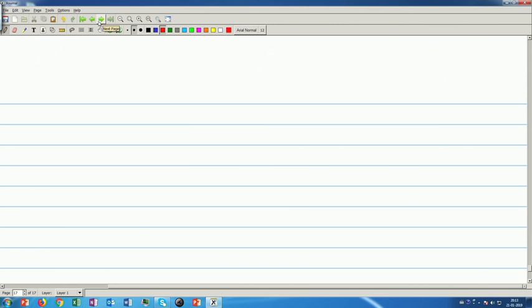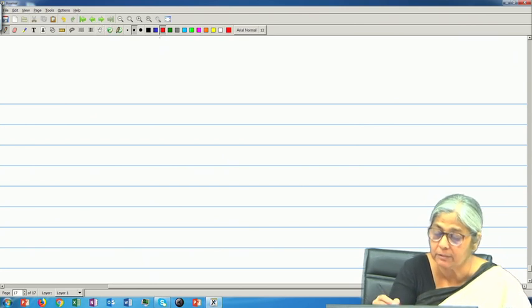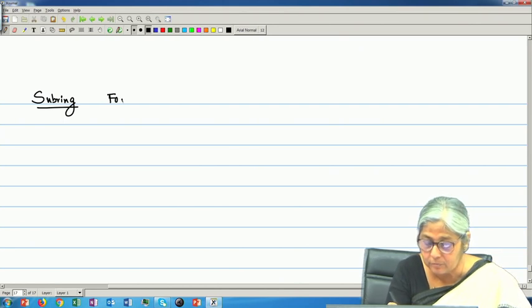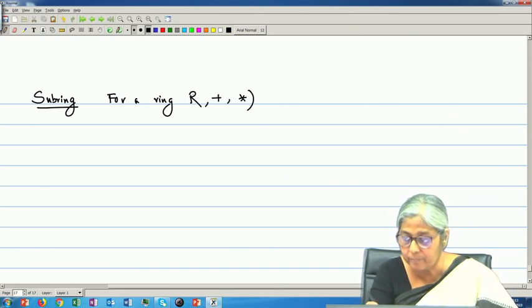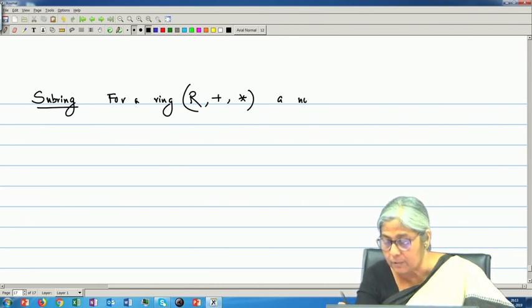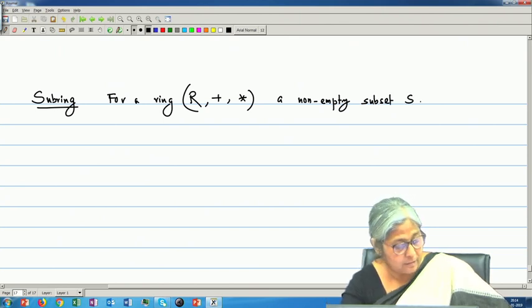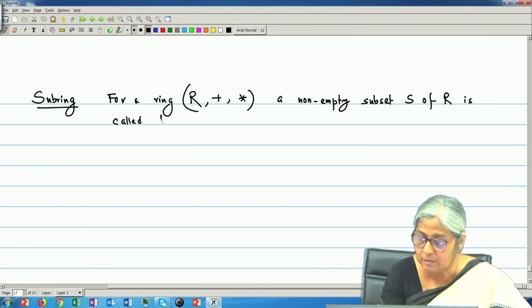Now, we can see the subring. Just as we have defined the subgroup, submonoid, and subsemigroup, we can define the subring. So, for a ring R, plus, star, a non-empty subset, say S of R, is called the subring